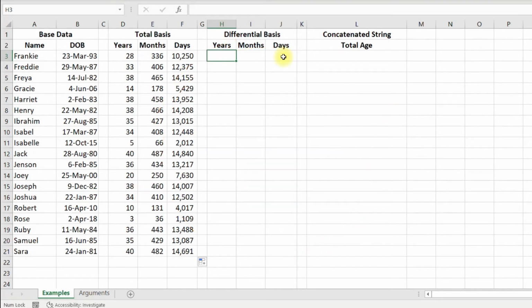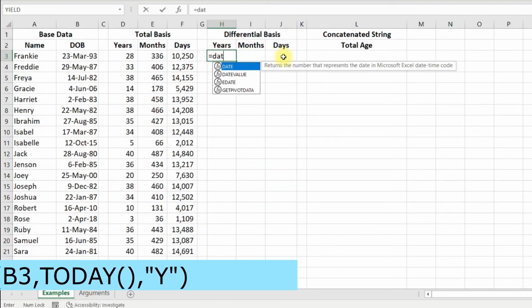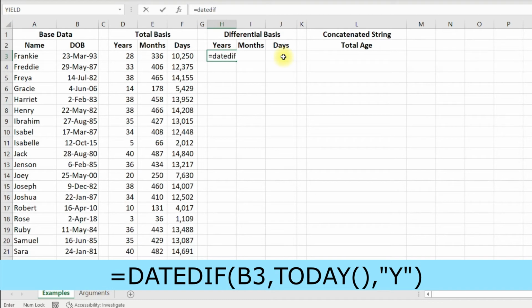For calculating the years, equal to DATEDIF, start bracket, my start date, then comma, TODAY for today's date, then comma, in the quotes Y for years, close bracket and press enter.